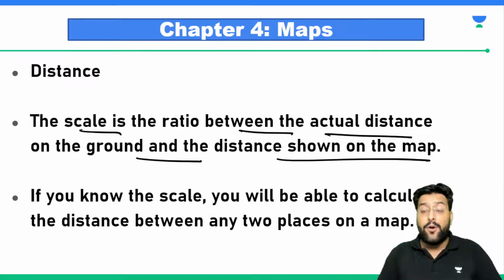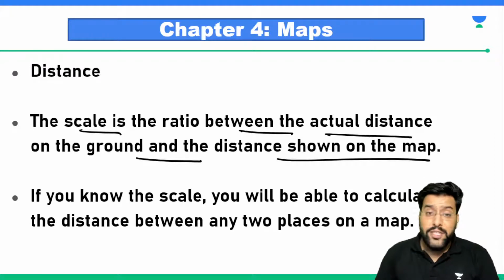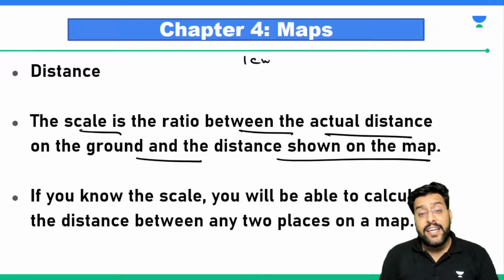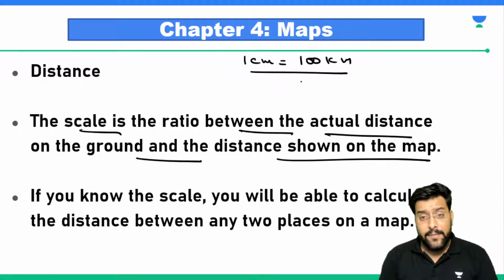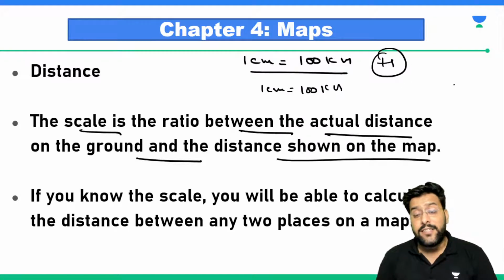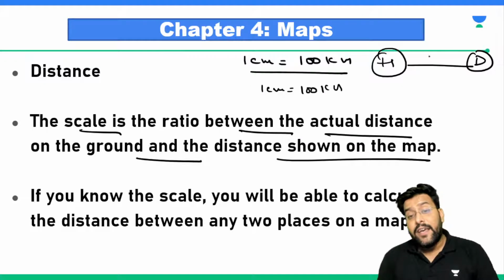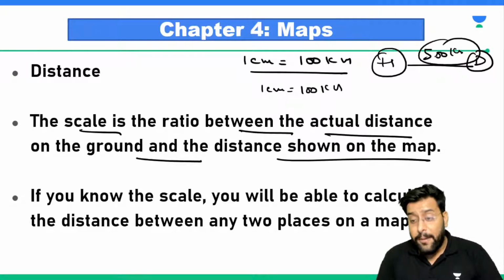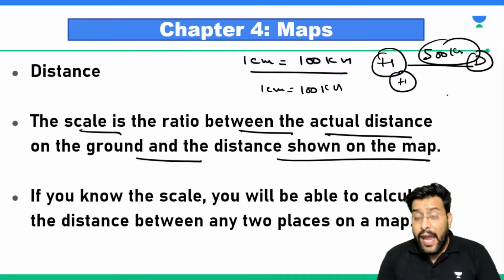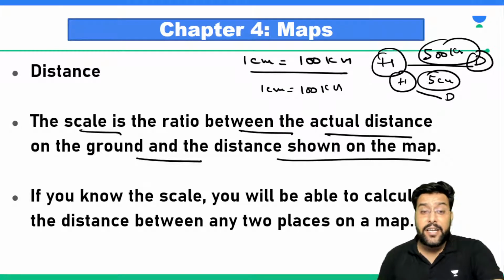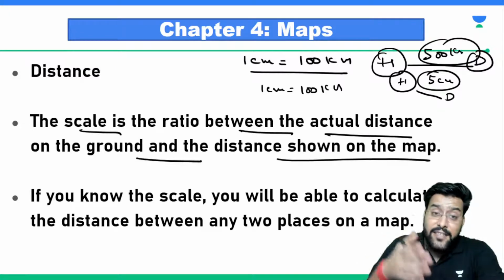So you cannot have a map of 3000 kilometers. So what we try to do is we try to make a scale that 1 centimeter will represent 100 kilometers, right? For example, from my home in Jammu and Kashmir to India's capital Delhi, it is approximately 500 kilometers. So if I am drawing a map with this scale of 1 centimeter as 100 kilometers, the difference between my home and Delhi on the map will be of how much? It will be 5 centimeters.